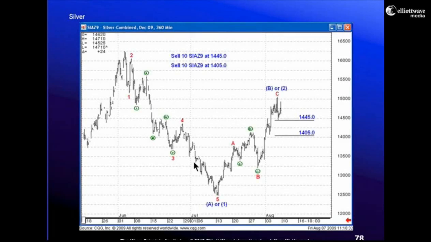I see a 5-wave decline followed by a 3-wave counter-trend move to the upside. I see a wonderful shorting opportunity. Look at the substructure. 1, 2, 1, 2, 3, 4, 5 for 3, 4, 5. That could be A or 1. Doesn't really matter because I know we're going to be falling below $12 an ounce here. And then I have A up, B down, expanded flat in the wave B position, followed by a wave C advance. This looks like a no-brainer.